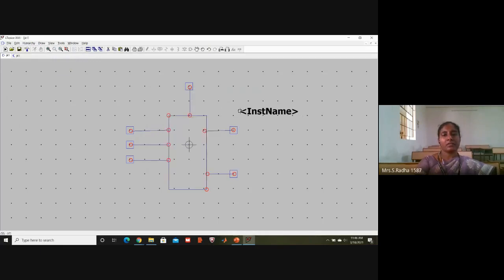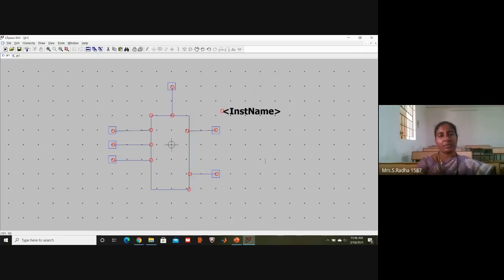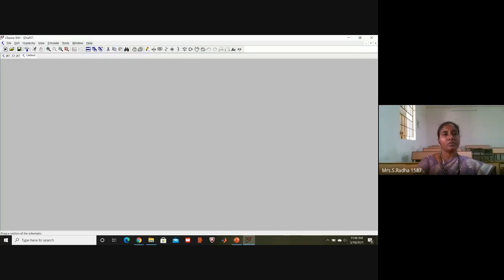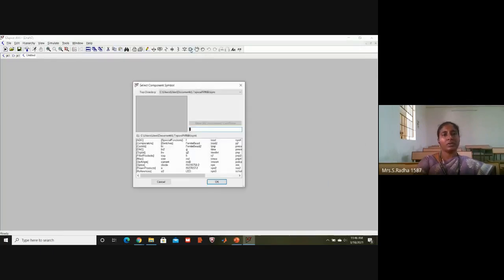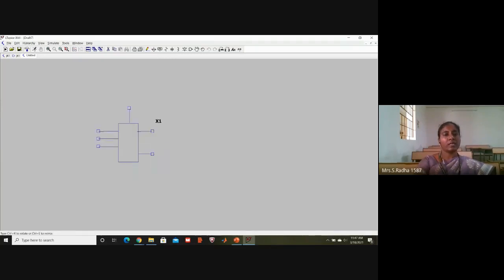And keep it here. So whenever you are taking the JK flip-flop symbol, many instances will be created. Give one save button. Now if you go to a new file, you want to draw any counter circuit, take the components, go to this drop down. JK1 is our symbol created just now. So you can take it, one time you click, second time number of copies will come only when you are giving that instance name. Counter we can design using 3 JK flip-flops, 4 JK flip-flops, like that.